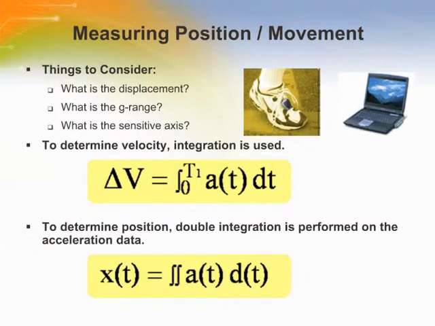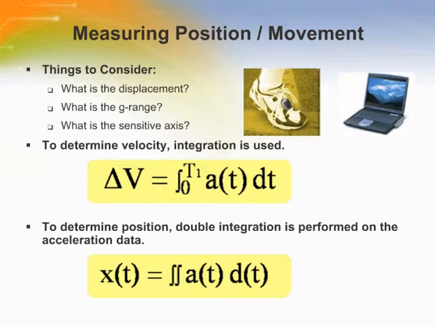Here are some considerations for measuring position and movement. First is the displacement. How far will the accelerometer be moving to detect the change in movement? What is the G range of the device? If it's going to be on a person, the levels are at a higher G-force and require a higher G-range